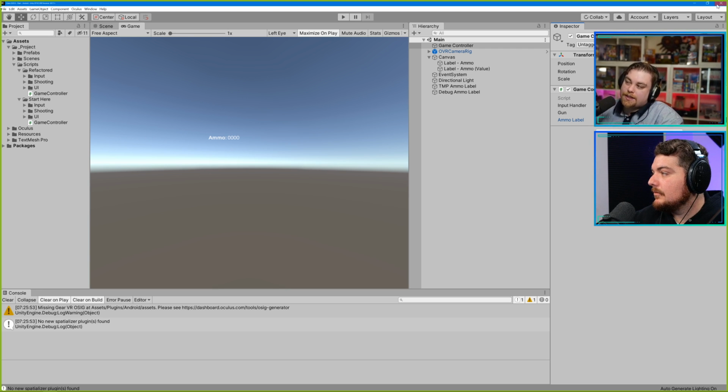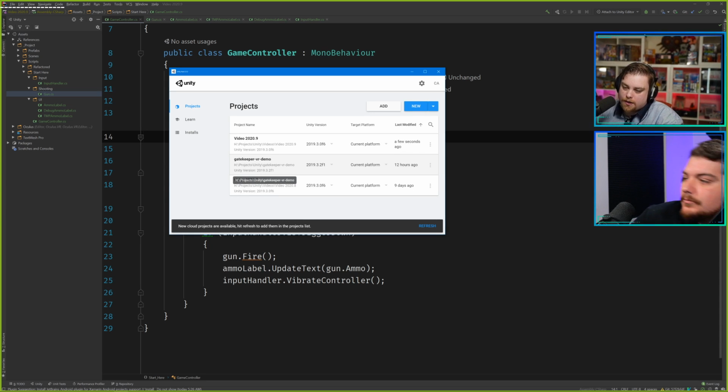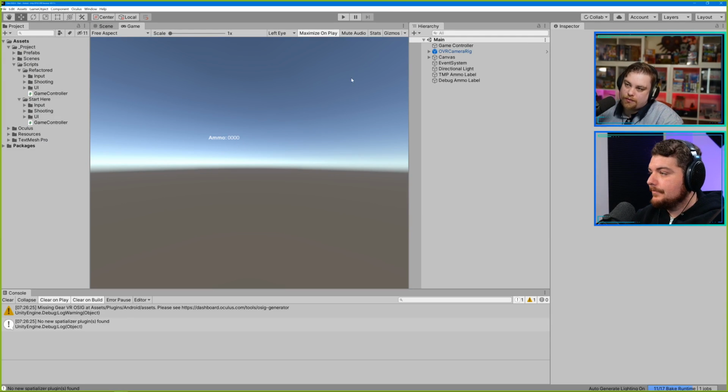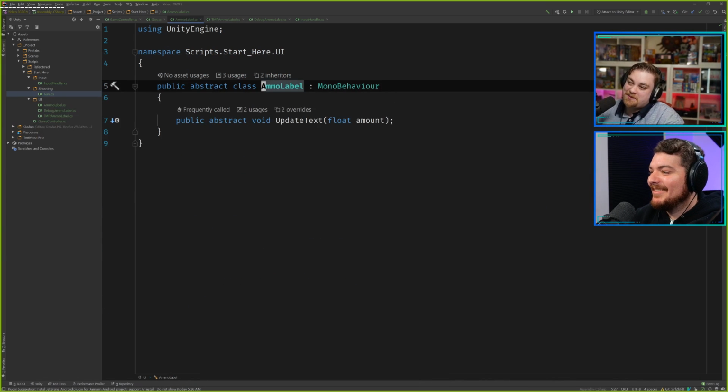So here's the thing that I want to get across with this. We originally had the line text mesh pro label, and we're setting its content equal to whatever the ammo counter was, which means we are not just saying this label is using text mesh pro, we are saying it has to use text mesh pro. So the first thing we did by extracting it out is we said something is handling the ammo label, and then after that, we provided a method of doing that, which is text mesh pro. And what's beautiful about that is we can theoretically provide different implementations.